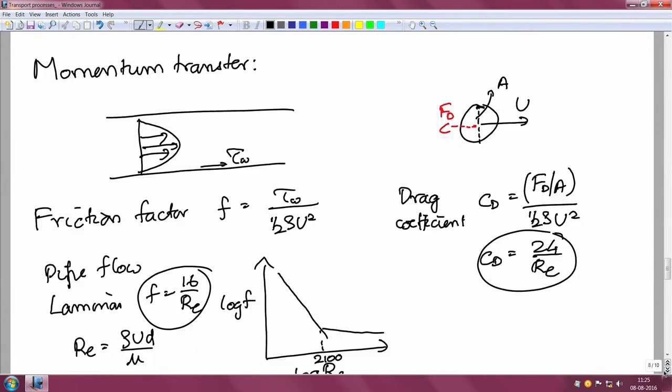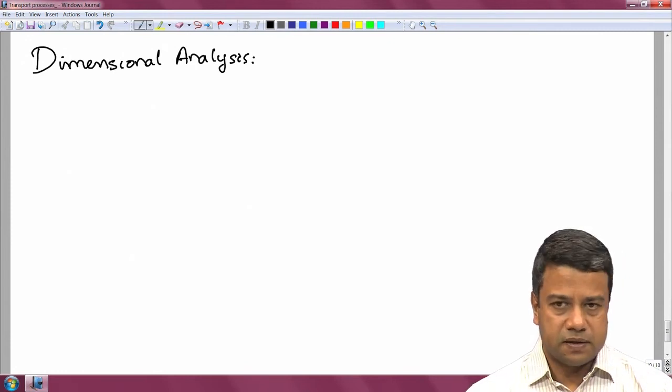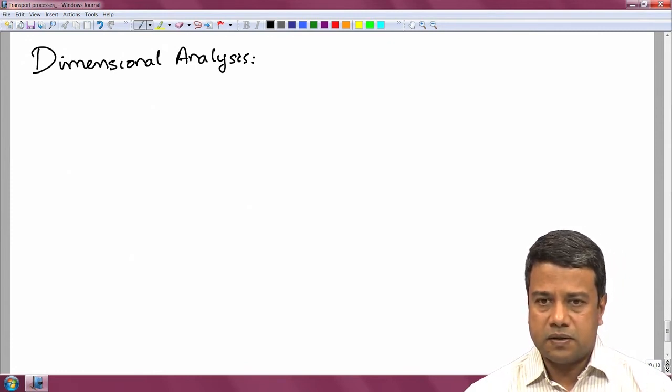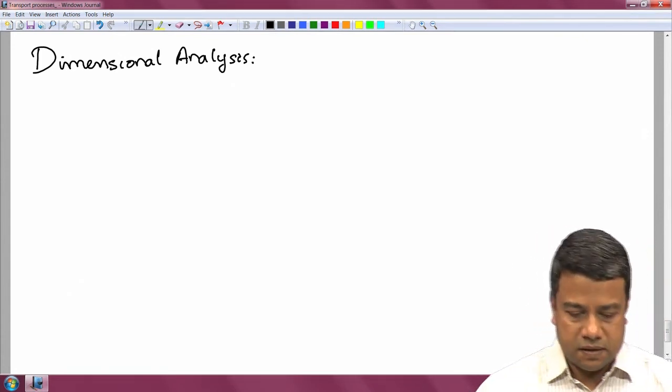So, now we will start looking at dimensional analysis. How are these processes carried out in unit operations? There are fundamental dimensions and there are derived quantities. The fundamental dimensions in all of these cases, by convention, are assumed to be